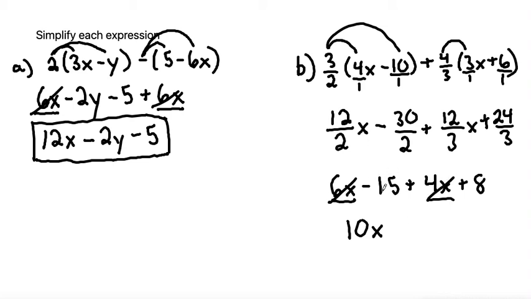From here, we have a negative 15 and a plus 8. Those are like terms because both of them are just numbers with no variables with them at all. So negative 15 plus 8 would be negative 7. And that's everything